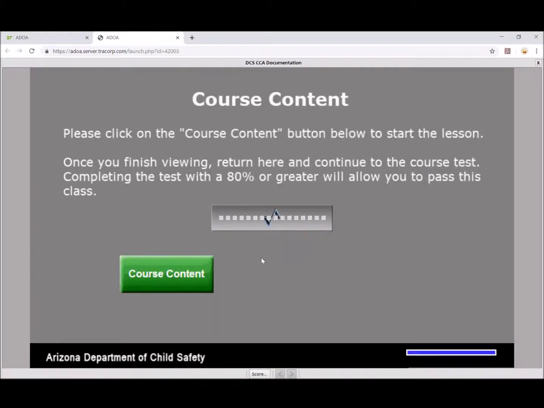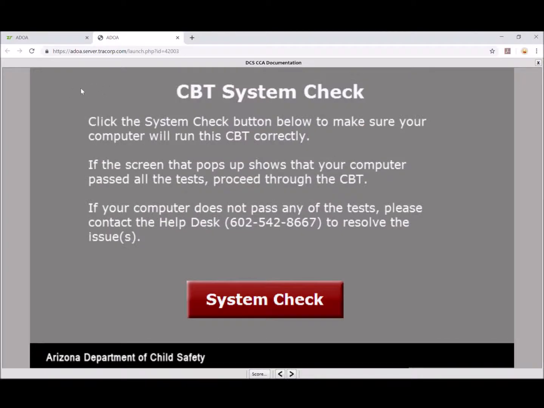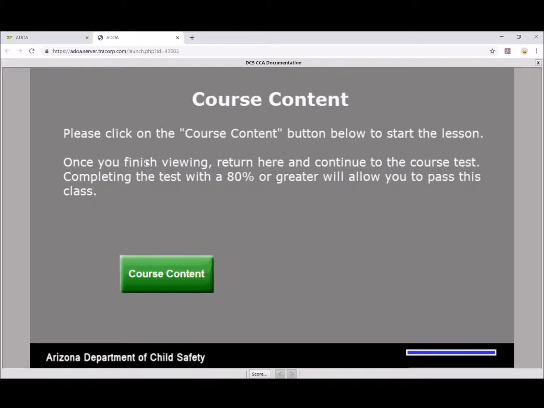As it's coming up, if this page does not show up, you may have a little link to click at the top left hand side. Go ahead and do that, and this should come up. It is going to give you a little navigational bar down here at the bottom where you can just click through and go to the next step, next step, next step, all the way till you get to the course